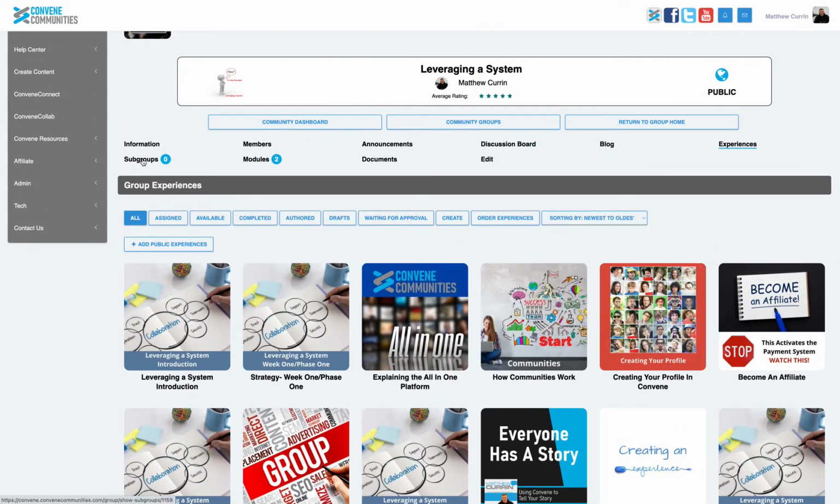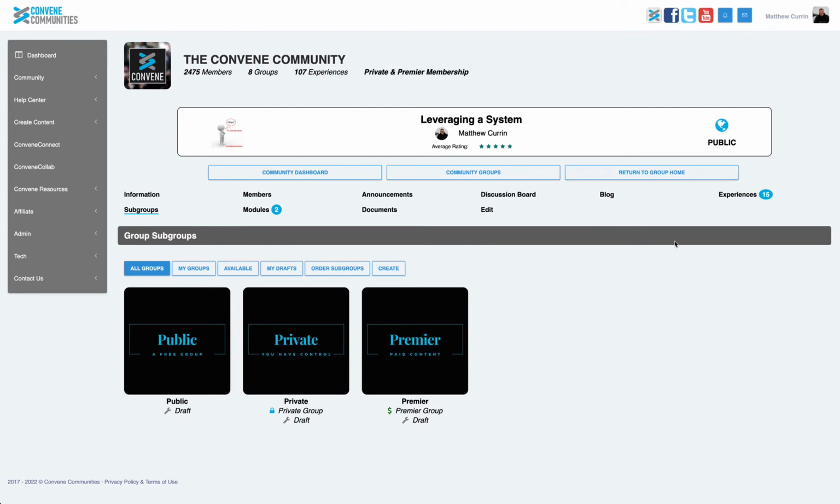Now let's talk about subgroups. All right, three different types of groups. Remember that if this is coming from the community down or this is coming in a subgroup inside of a group, there is a public group. And you can see I have them in draft mode. I just made these groups to show you and talk you through it. A public group, it's free. A free group. Anybody can go in, anybody can go out. I can just click in, click join. I'm a member. I can collaborate. I can work through things with you.